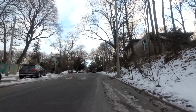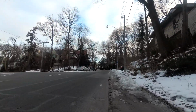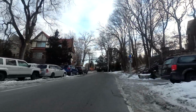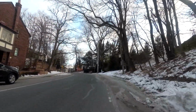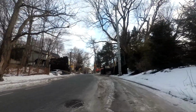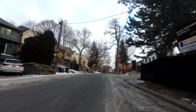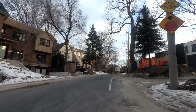And you can see that Poplar Plains Road is a one-way street with this bike lane on it. And supposedly before this bike lane was installed, this must have been already a pretty common cycling route. Forgive my huffing and puffing, I am climbing up a fair bit of an incline here. So yes, it was presumably a pretty common cycling route, but it was just a regular street with no bike infrastructure, and apparently vehicles would race their cars very quickly up and down this hill, and